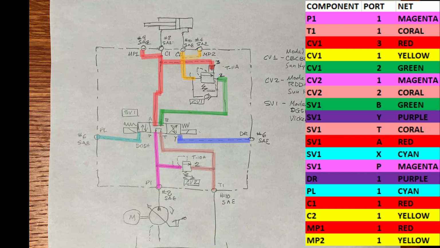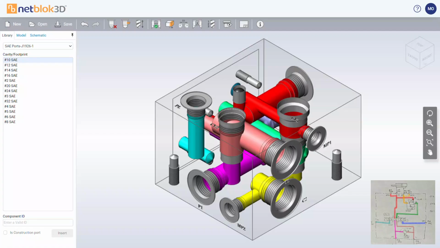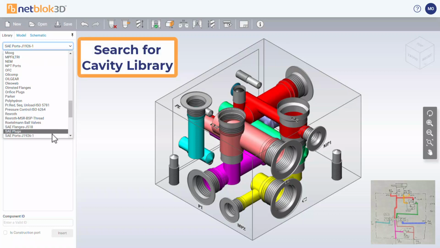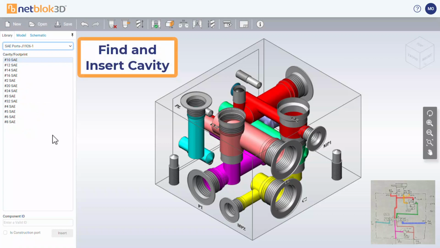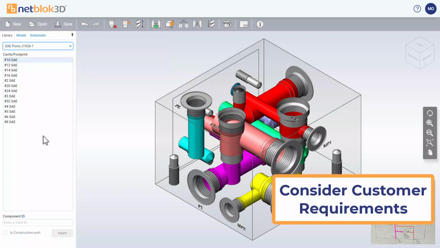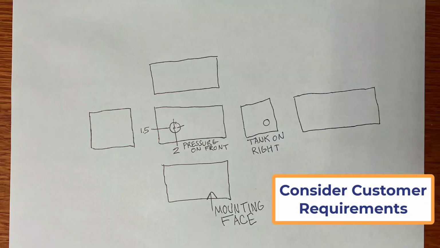As other videos already highlight the use of commands to insert and connect cavities, I'll discuss the theory of designing the block. As a designer, the first step in NetBlock 3D is to find and import the cavities, ports, and footprints from the diagram. In some cases, customers may have additional design requirements, such as face preference or specific coordinates